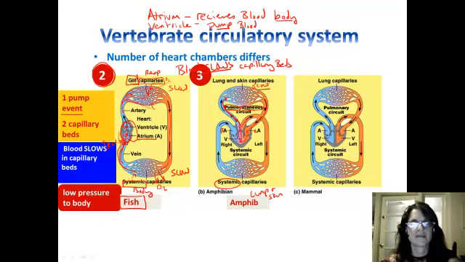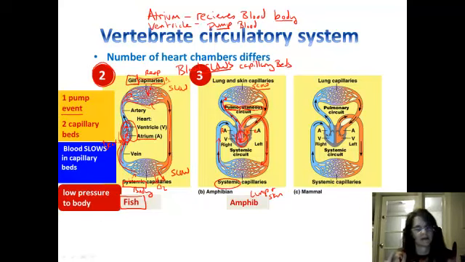We are going to pump this oxygenated blood out, and that's going to go to the body at a much higher rate of speed than in the fish's heart because we got that second pump. We're going to give up the oxygen to the muscles and the stomach and the brain and anything that needs it, and then we'll send the deoxygenated blood back to the heart. Now, did you see a drawback though? Right here, one ventricle means at some point we are going to be mixing oxygen-poor blood with oxygen-rich blood,